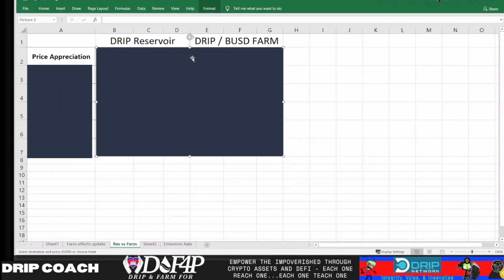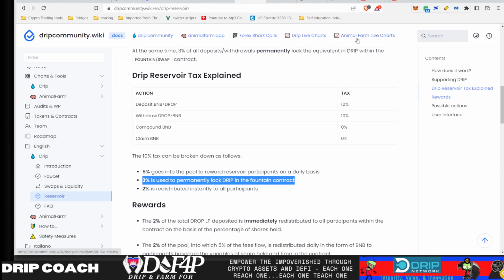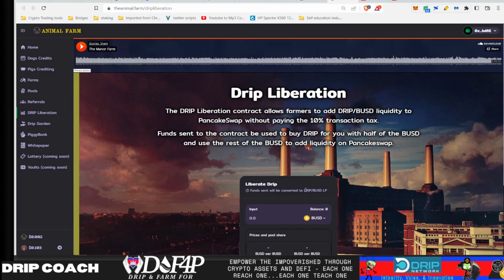So let's look at first the comparison of drip price appreciation. If your goal is to see the price of drip appreciate, then you're going to want to get into the Drip BUSD farm. Why is that? Because as I mentioned before, this is only if you're buying fresh drip. So if you're buying fresh drip, that means you're getting it from the drip liberation contract, getting it tax free. That therefore buys drip off of the market. Currently on Pancake Swap, we have 1.7 million that buys it off of there, and then it pairs it with BUSD. So anytime we can reduce the circulating supply of drip in either of the two contracts, that will long-term